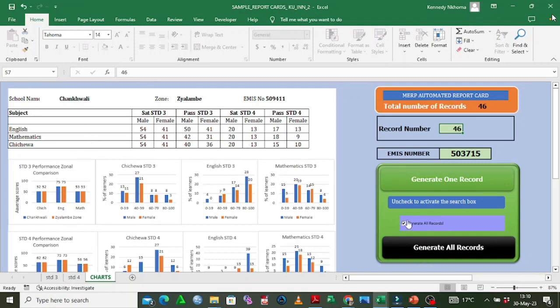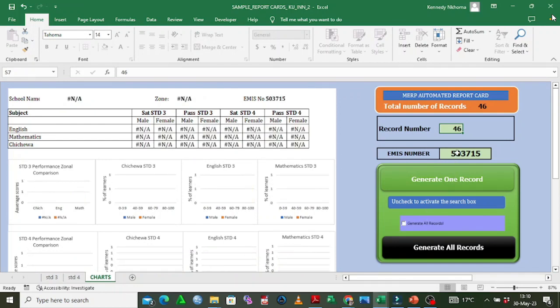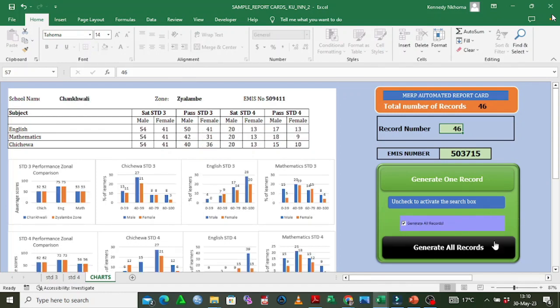So that's why there is this checkbox. This checkbox is for activating this one. So if you want to check this one, it means you have activated that you generate all records. So before we go into generation of report cards, we need to modify some of the things